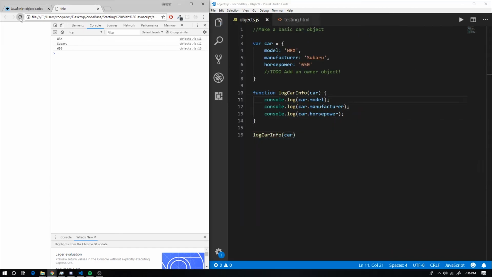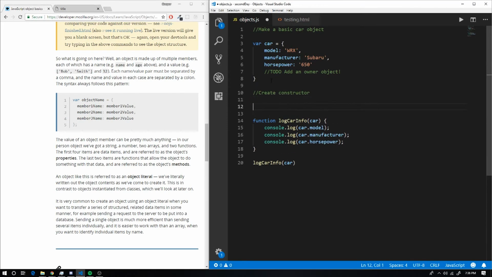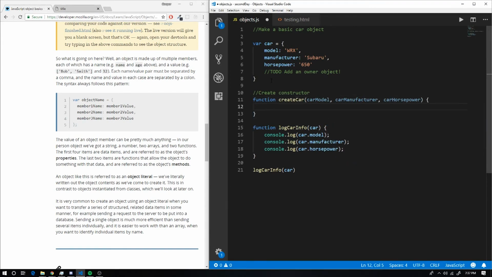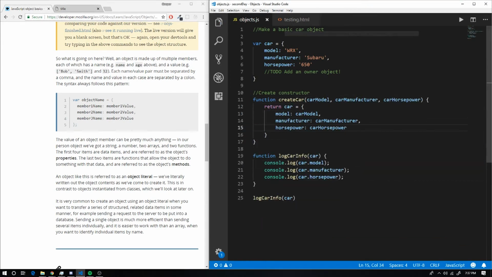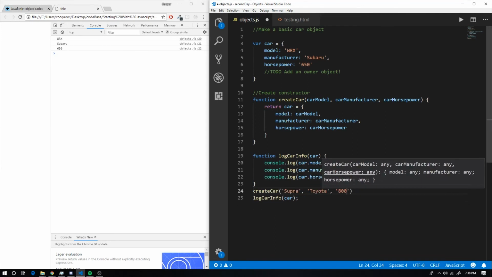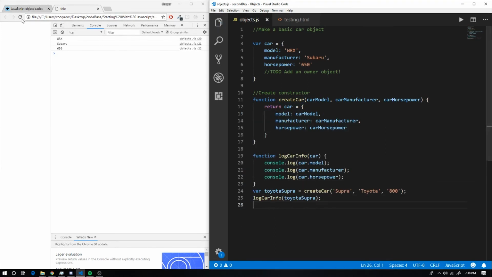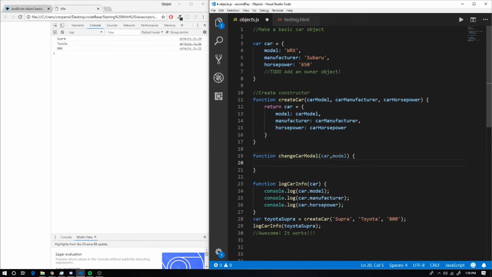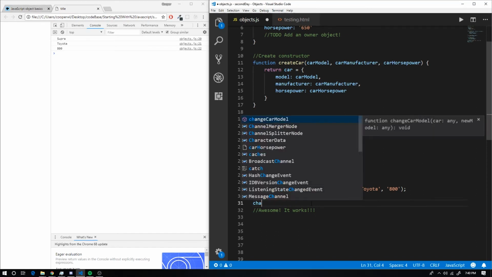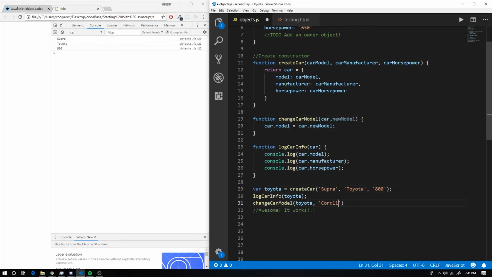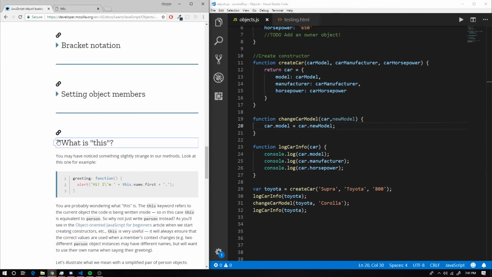I really went into this just going for it. So I made my car, I made my log car info function, I made my create car. I tested out creating the car and I tested out logging the car, and as you can see at the top left, it did work. And yeah, so I just took my car model, car new model,